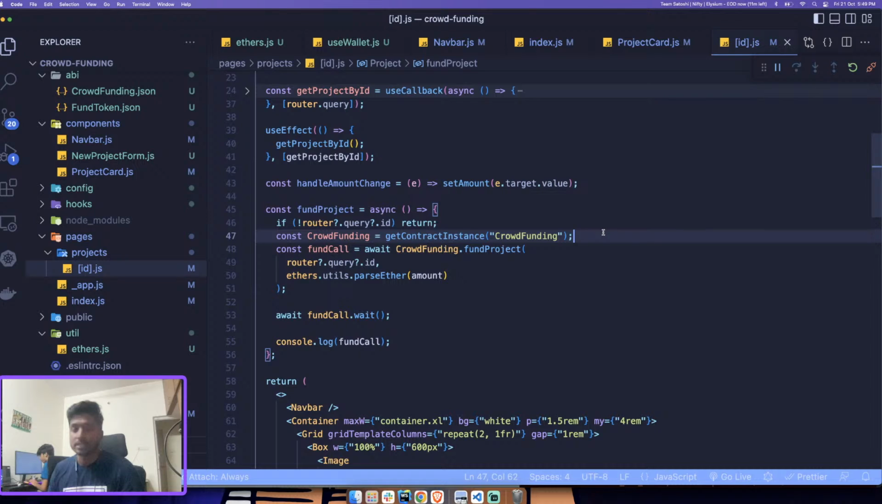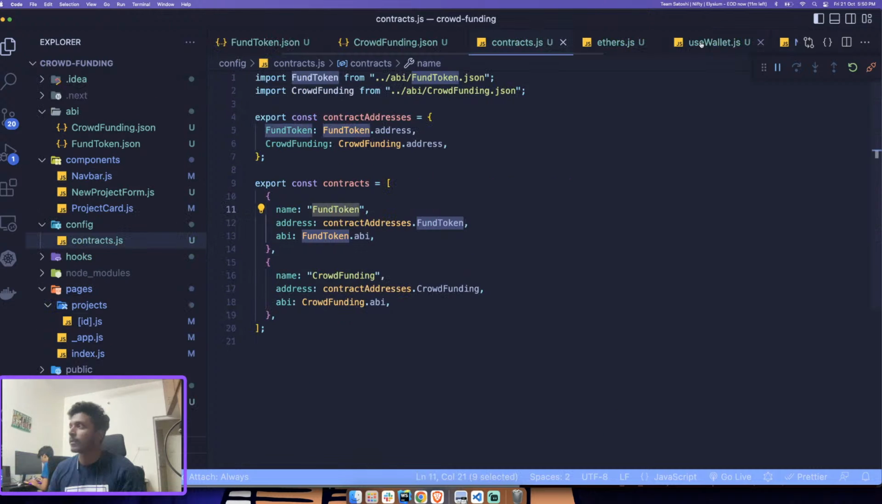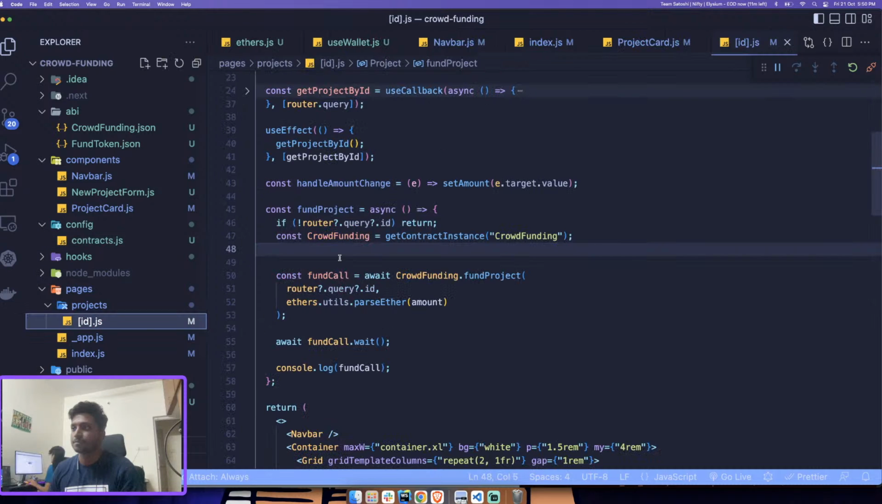So you need the fund token name. Let's go to configs and contracts, copy the fund token here, come to the IDE, and then say const fundToken equals getContractInstance. We'll say fund token here. And now before calling this fund project, we'll call a few methods. So we'll say await